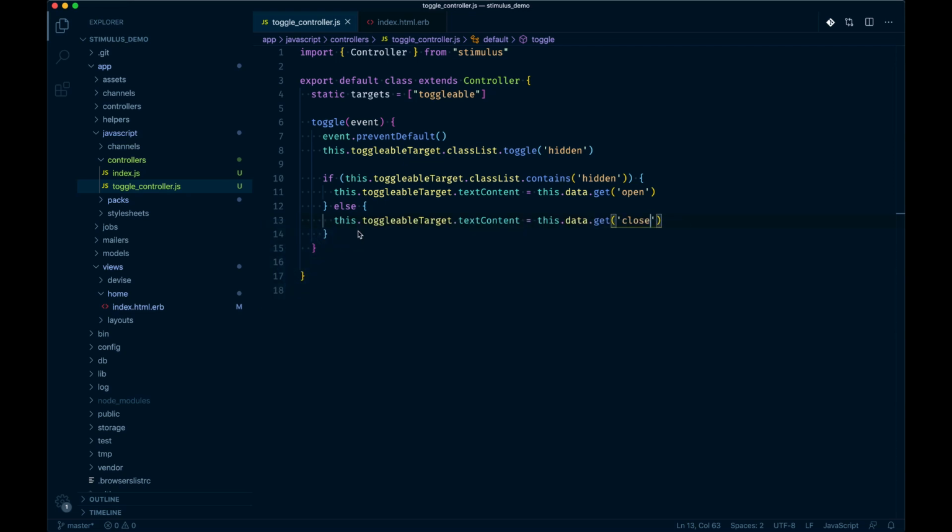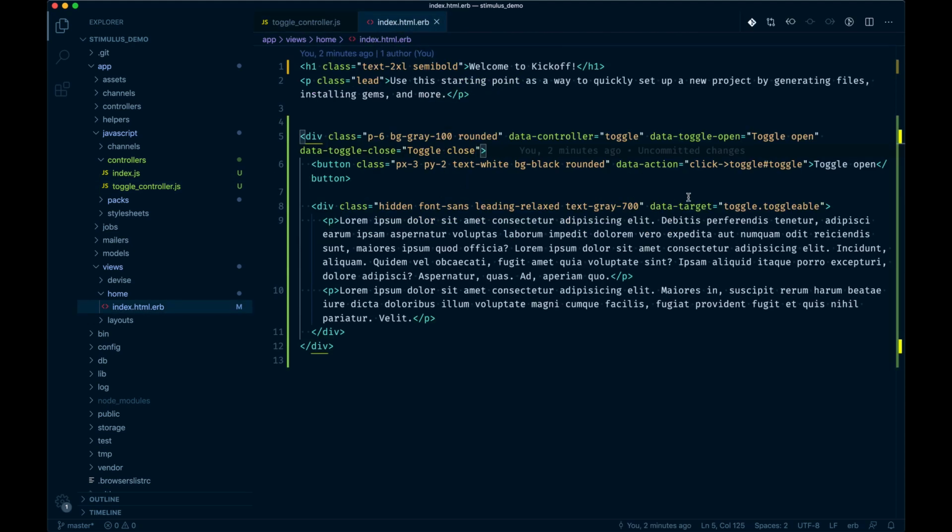Okay, that's wrong. So, oh, that's right. We need to get another target. We're using the wrong target here. So you could say event.target, but it's probably easier just to add a target to the same action element. So you can do that as well. So we could say data target